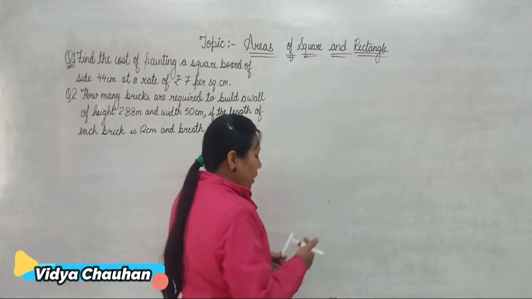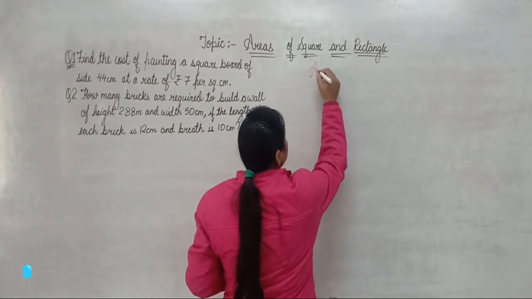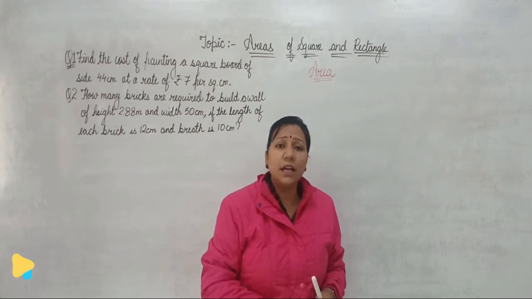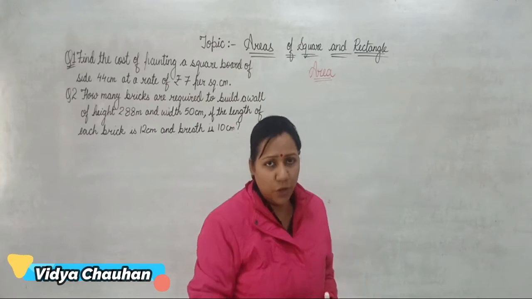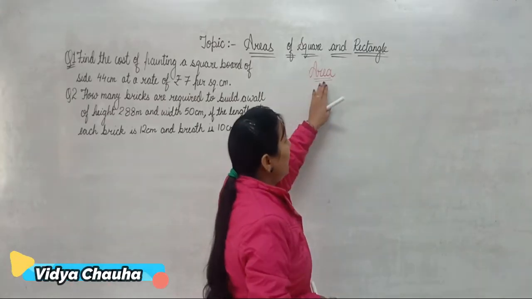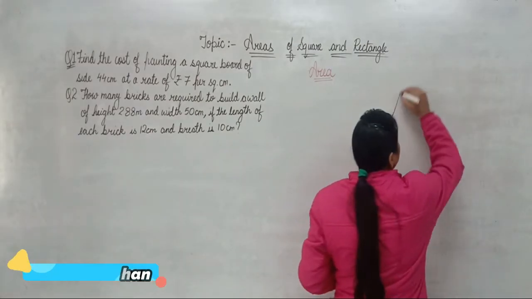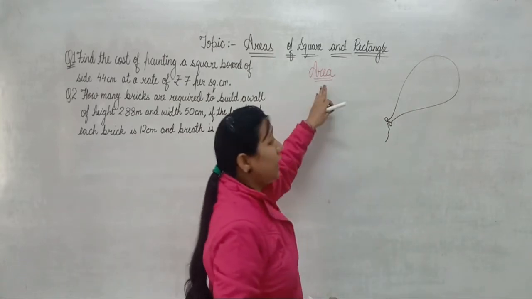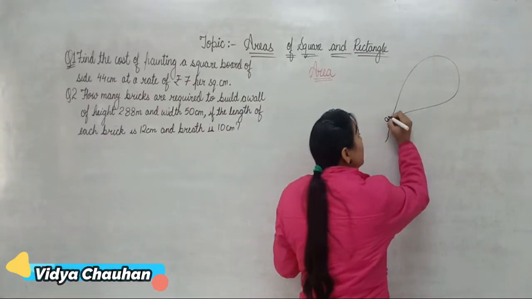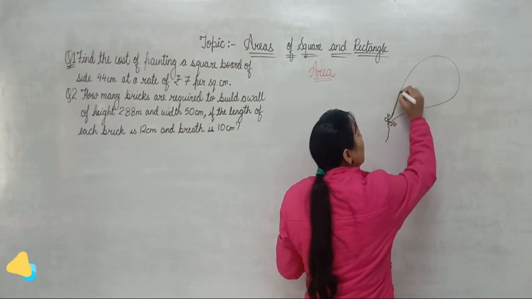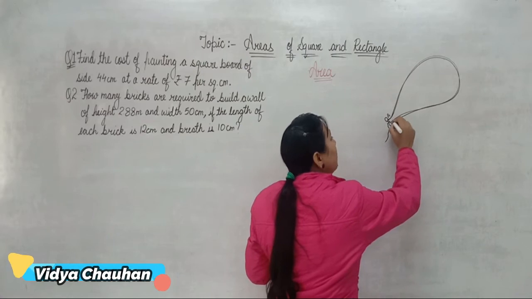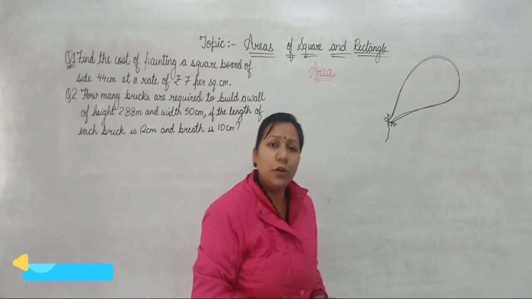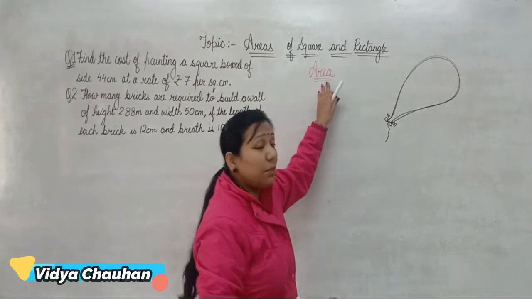So very first, what is area? Or you can say how we define area. For perimeter we have discussed that perimeter is the sum total of the outer boundary of any figure. In the same manner, for any irregular shape, suppose I take an irregular shape, I have once again taken a balloon. So what is area? Earlier the perimeter was the total length from the starting point throughout this curve and reaching the ending point. So that was the perimeter, the sum total of the outer boundary of a figure.